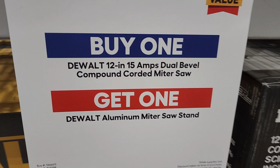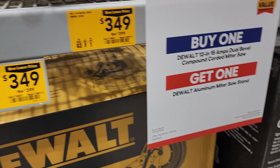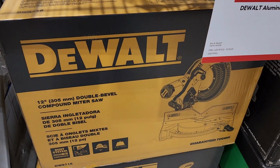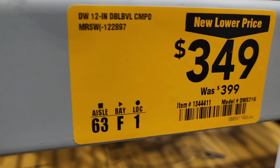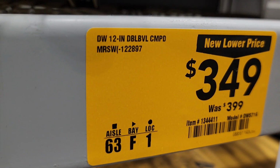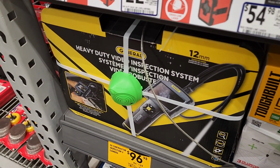You got the DeWalt 12-inch 15-amp dual bevel compact miter saw. Get yourself a free aluminum stand. That is the miter saw, I believe. It's not a slider. It's just a double bevel. And this deal runs on to $1031.22. So $349 down from $399. It is a 12-inch. You got the heavy-duty inspection system